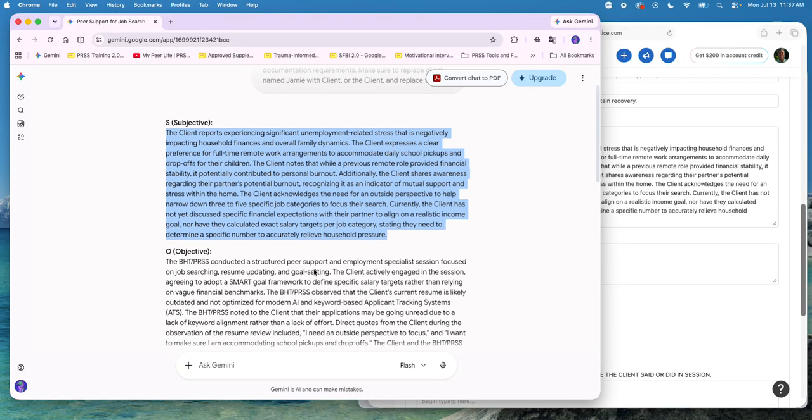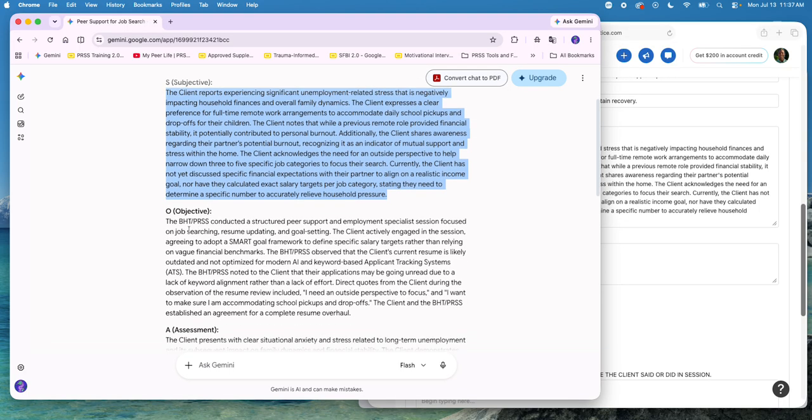Now, when I come over here and I look at the objective, the BHTPRSS, which used to say Franklin, but now it says BHTPRSS because I've built that into the prompt, conducted a structured peer support and employment specialist session focused on job searching, resume updating, and goal setting. Now, I know immediately that employment specialist session doesn't really make sense to me. So I'm going to mark that in my head because I'm probably going to adjust the wording on there, right? That being said, the client actively engaged in the session, agreeing to adopt a SMART goal